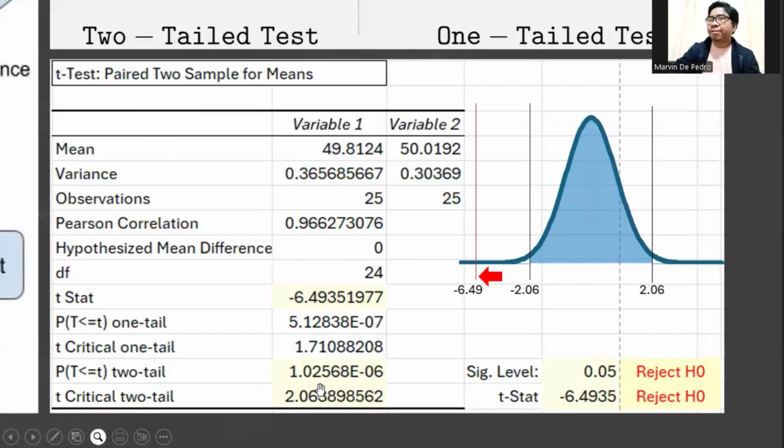So we reject also. That's another way to interpret whether we reject or accept the null hypothesis.